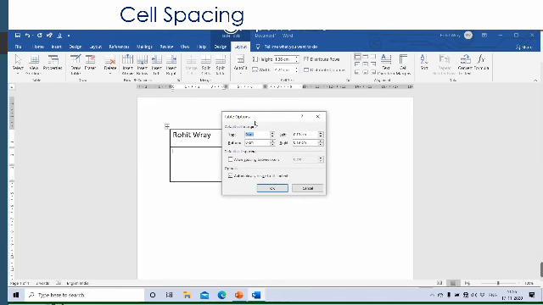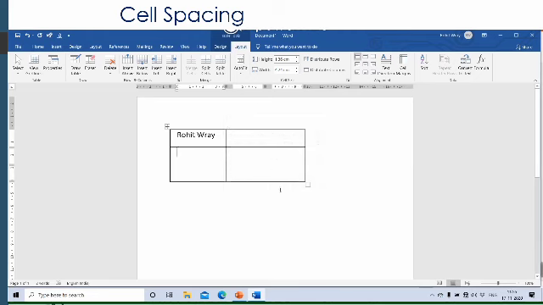The table options dialog box will appear. Now if you want to change the margins, I will change the left one. I will increase it. See the difference between the margins carefully, and after changing it, see the difference. See, it has increased. So the space between the text and the margin has increased. So this is how you change the space between the cell content and the cell margin.